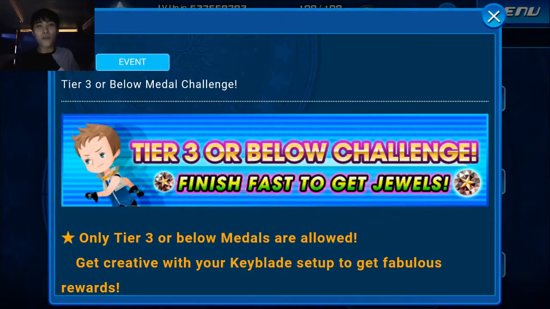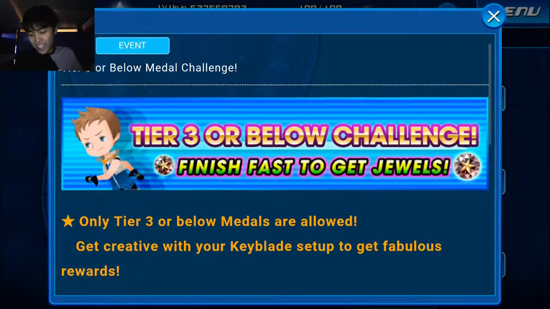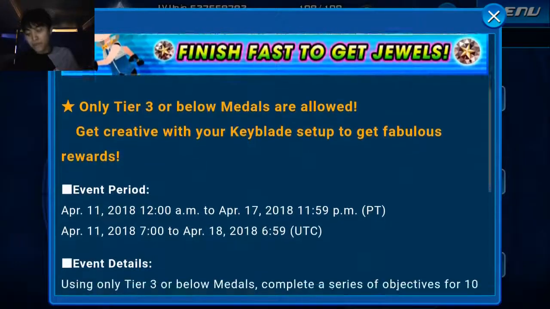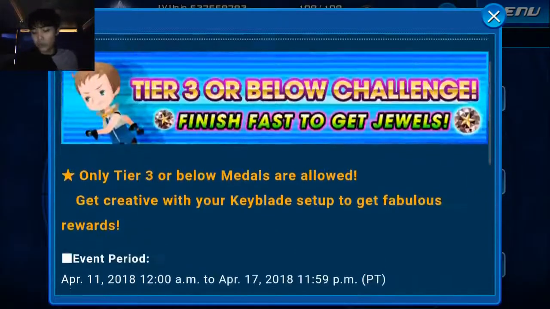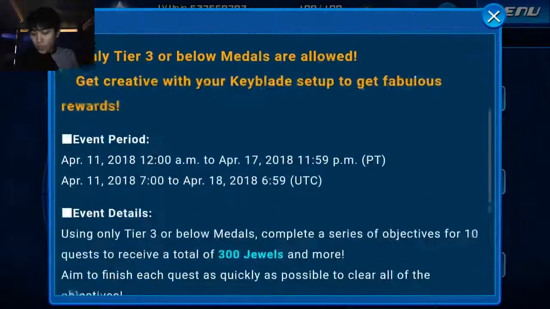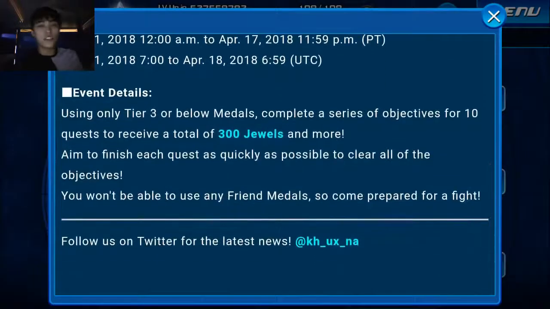Today we are playing Kingdom Hearts Union Cross, and we have yet another weird event to add on to our slew of weird events that we've been getting for our second anniversary. So this one is going to be a tier 3 or below challenge. It's pretty much going to be a speed run where you can only activate the abilities of tier 3 or lower medals. So once you complete all the quests, you're going to get 300 jewels across 10 different quests,